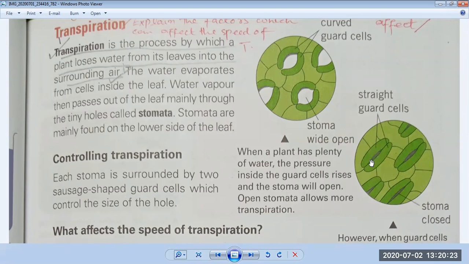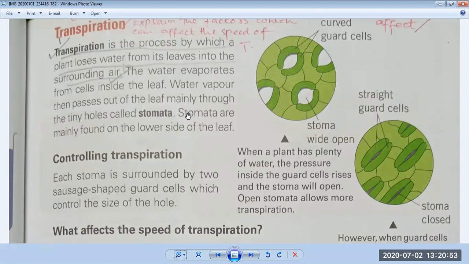So here are guard cells and these are closed here, and you can see when the transpiration process is started, at that time these guard cells will be open and they will give the space from where the solution can be evaporated. So the loss of water through the leaves early in the morning through stomata, that process is called transpiration, and this is very necessary. Why is this process necessary?